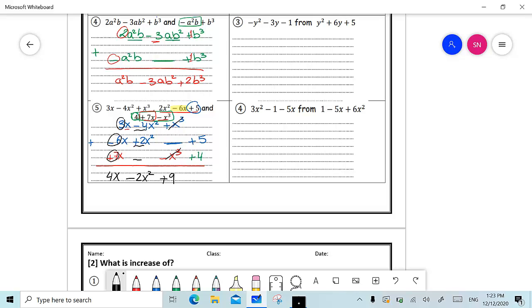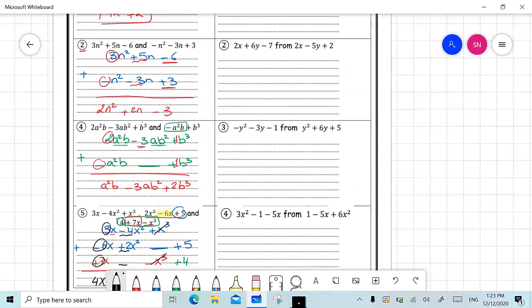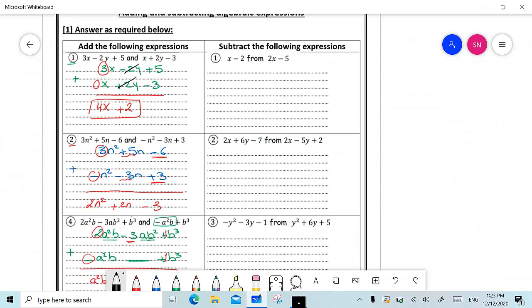I hope it's clear now, prep 1, and let's go now and see the subtraction problems. We said before that when I say subtract A from B, this means I'm doing B minus A. So I am doing the second expression minus the first expression. If I want to subtract x minus 2 from 2x minus 5, this means that I'm going to write the second expression first, which is 2x minus 5, and I'm going to subtract it from the first one, taking care that I put the like terms under each other. So here I have x,